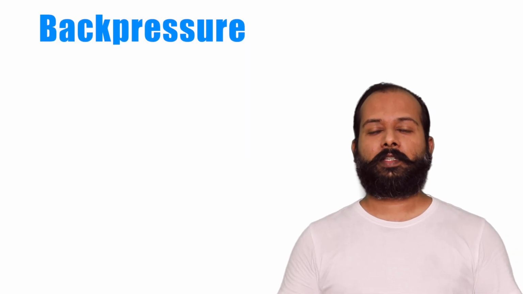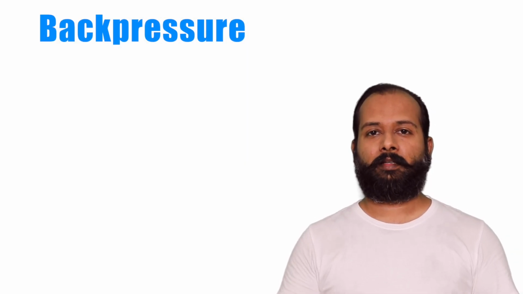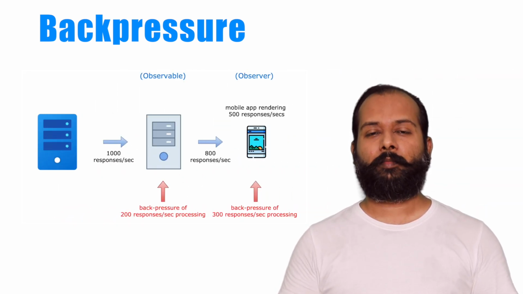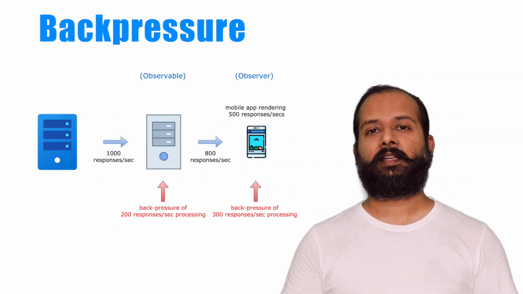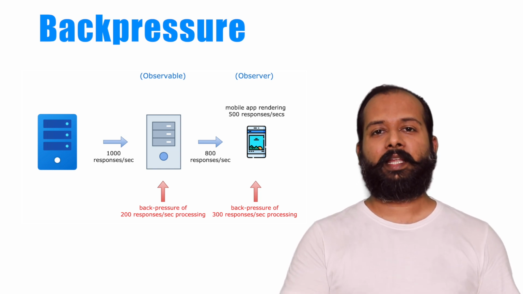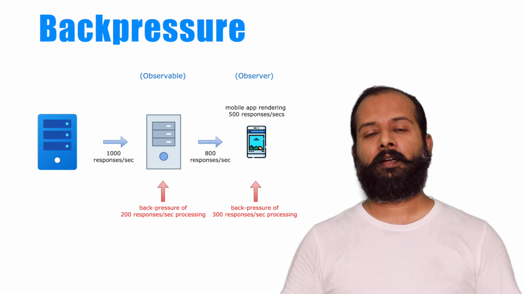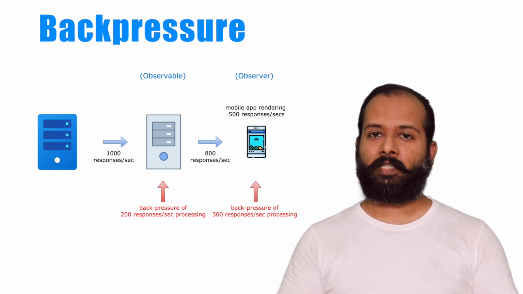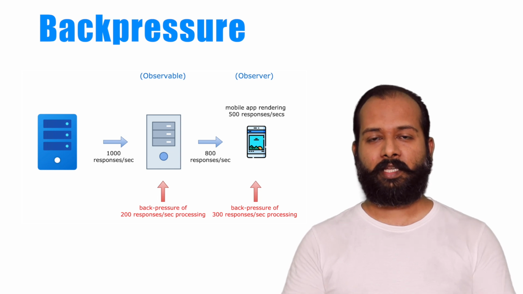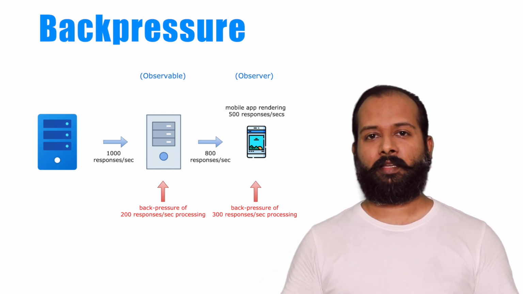So our first objective is to understand the back pressure problem exactly, and we will do that with the help of a diagram. In the given diagram you can see there are two servers and one mobile application. Now imagine a situation. My server 1 is sending a continuous stream of data to my server 2 at the speed of 1000 responses per second, and the data received by server 2 from server 1 needs some processing, right?